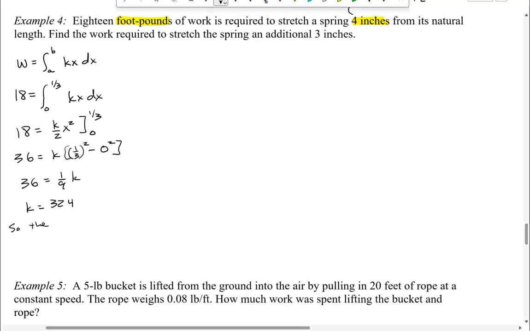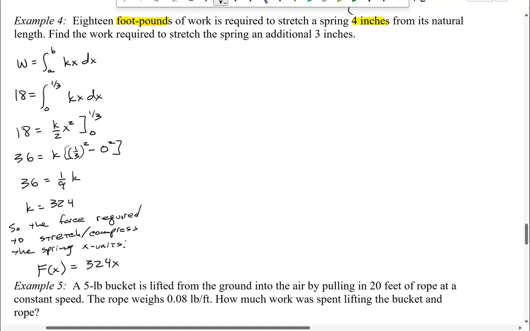So the force required to stretch or compress the spring x units is going to be capital F of x. Instead of kx, we now know that it's 324x. So we get that from the given information regarding the work, and we just found the variable force for stretching